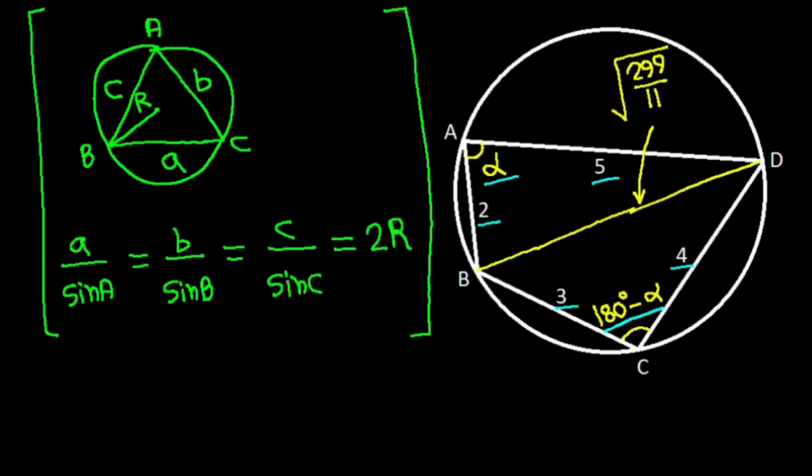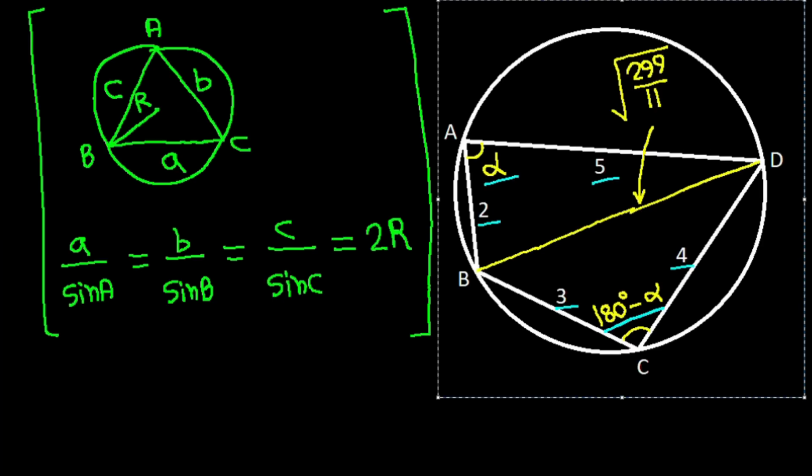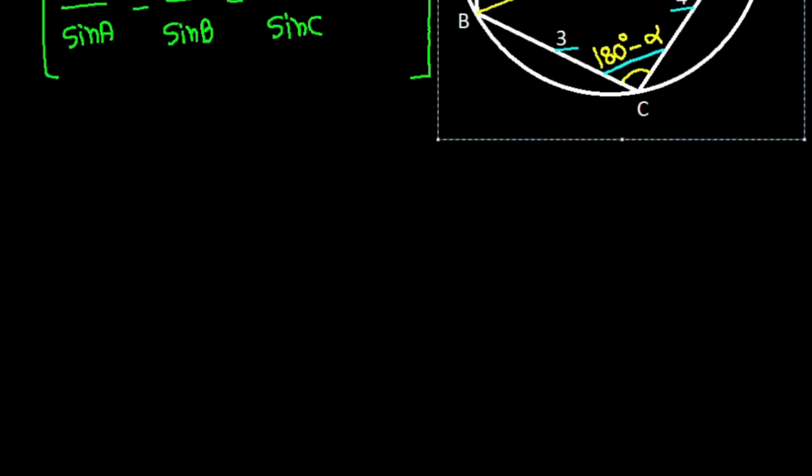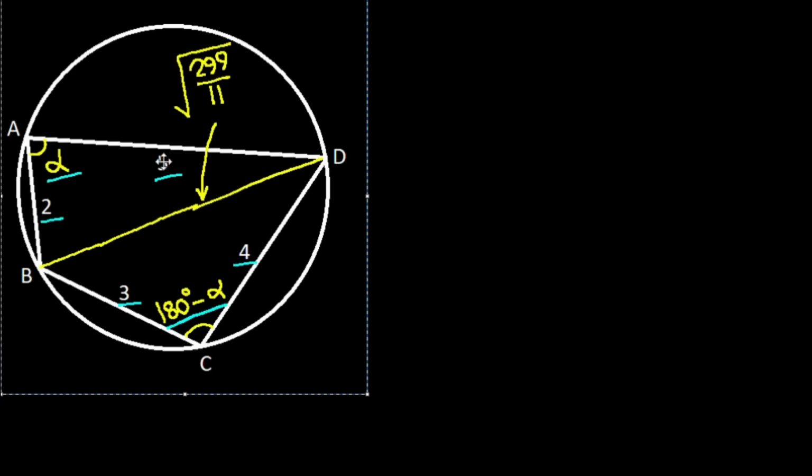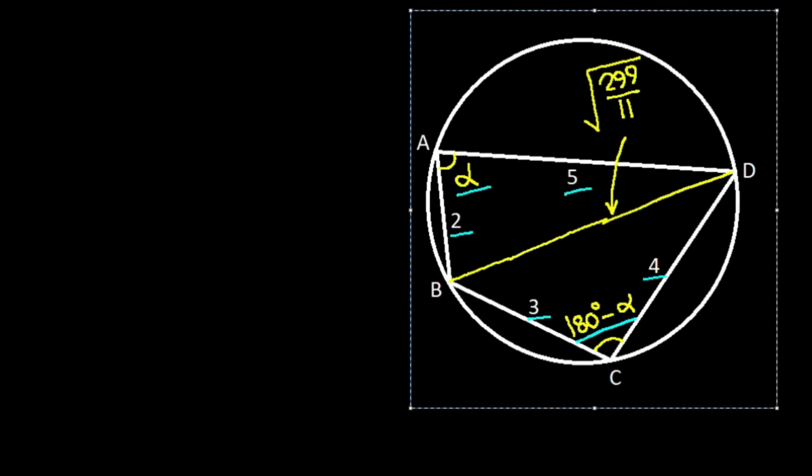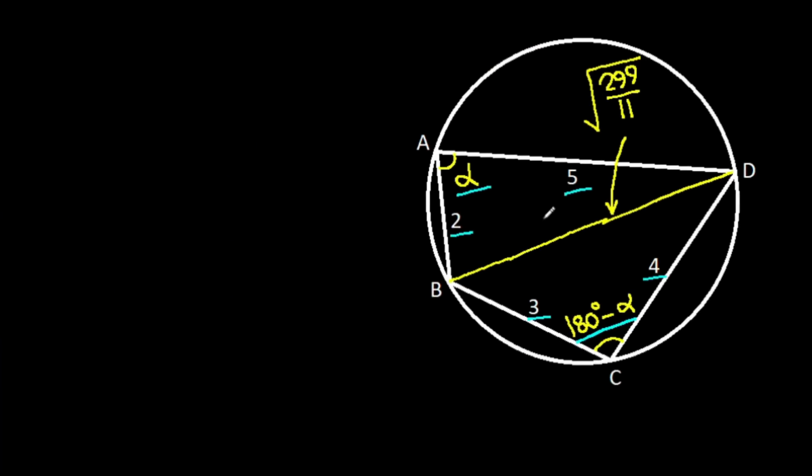And here, suppose the radius of the circumcircle is r,